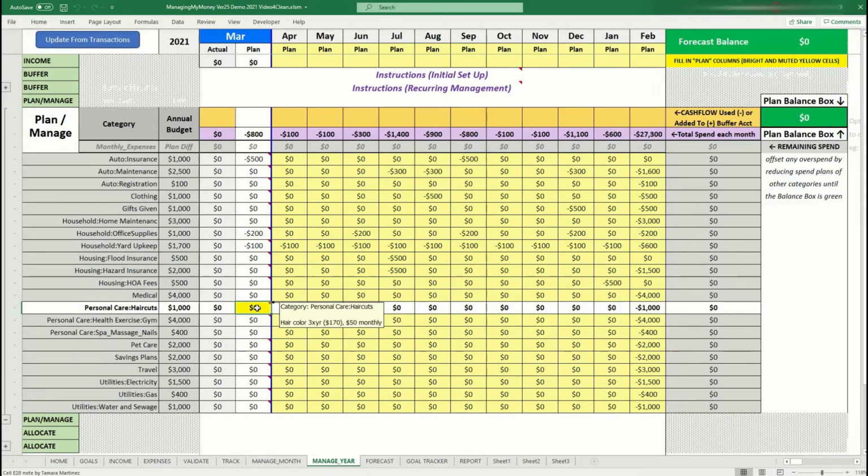Haircuts, I know that I'm going to plan on like $50 a month in haircuts, and then I said something like 175 a few times a year for some hair coloring for somebody in the family. So I will go and say, just put those in there somewhere, right, where I think that would happen. Something like,